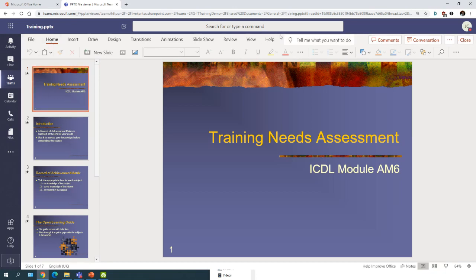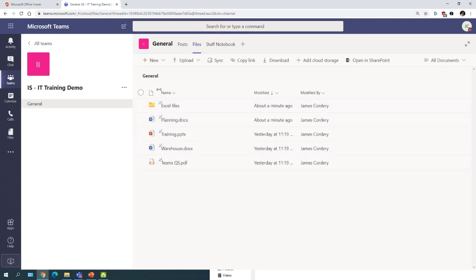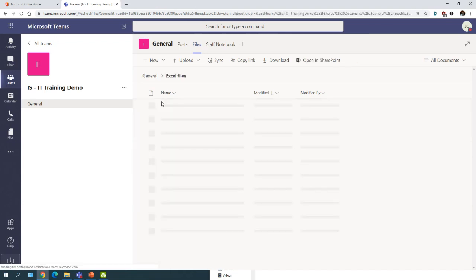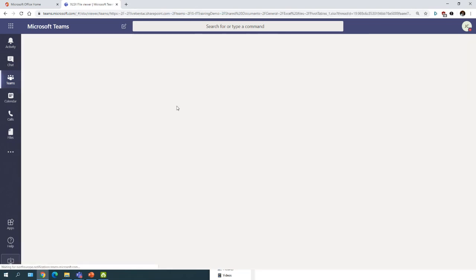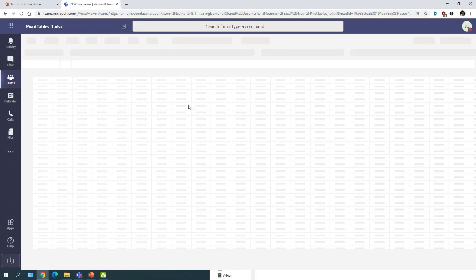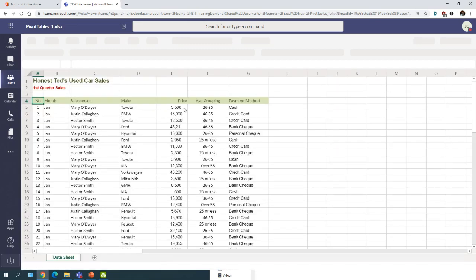You can see I've got the PowerPoint menu and all the commands within Teams here. So that's really nice for letting you quickly edit that without leaving the app. You can also collaboratively edit any documents that are stored on Teams. So if I wanted to work on an Excel file, for instance, at the same time as someone else, I could open it up